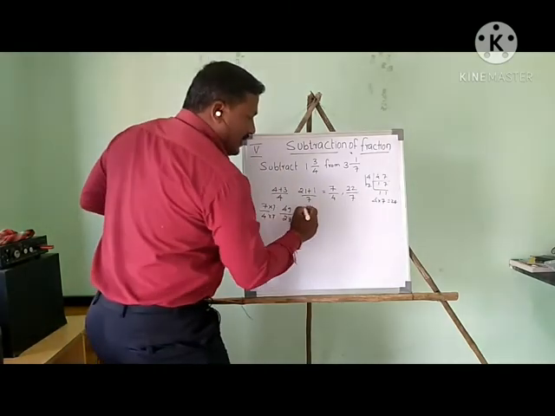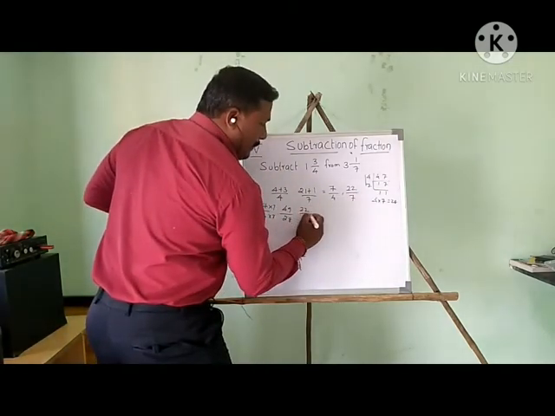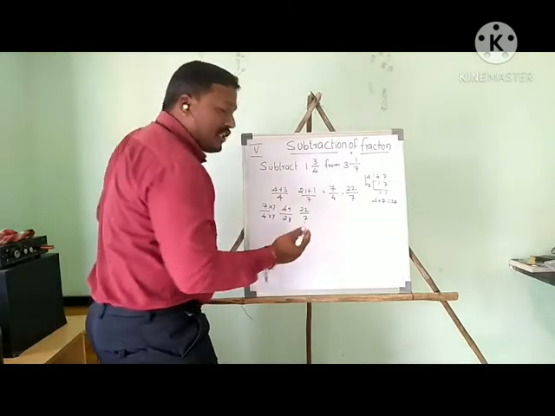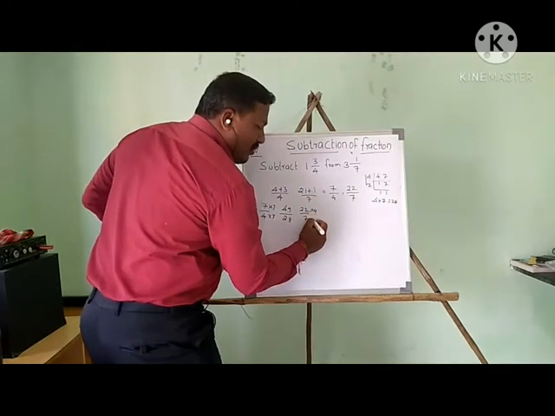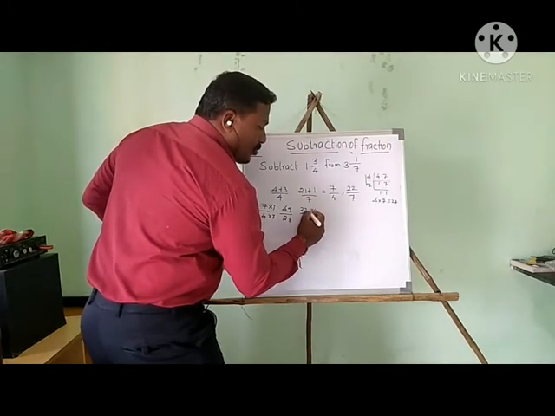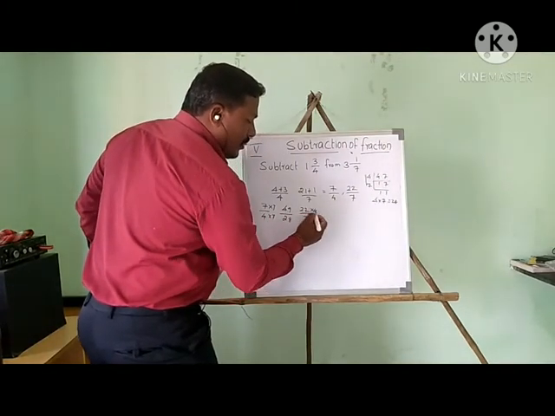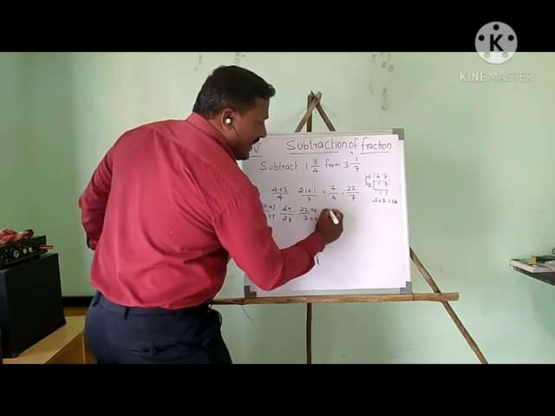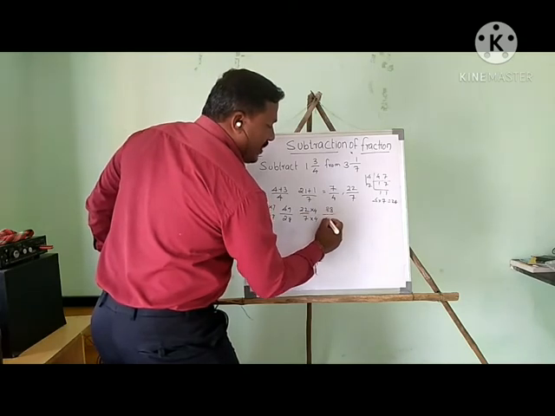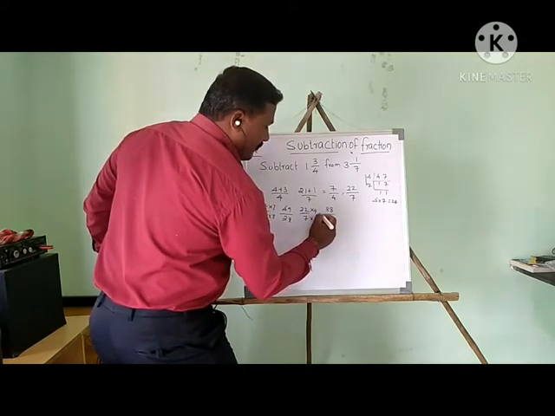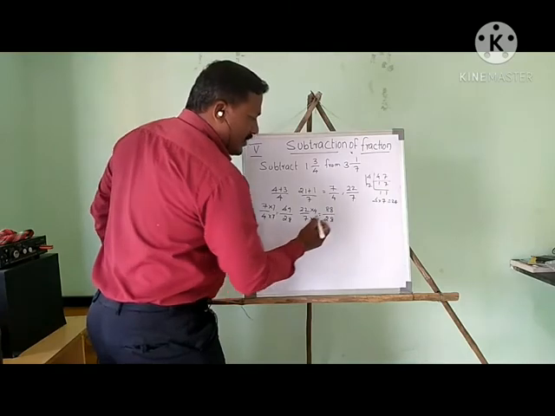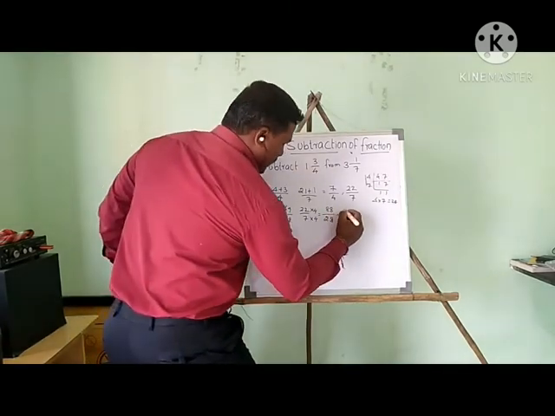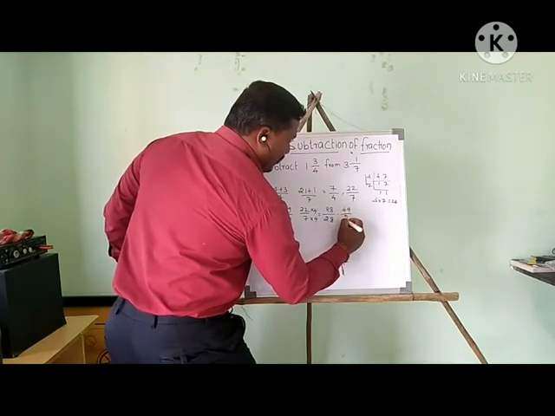Now this one, 22 upon 7. So which number, if you multiply with 7, will become 28? 4. So upside also 4, downside also 4. 4 22s, 88 upon 28. Okay. So now we have converted. If you see, I will write here, 49 divided by 28,